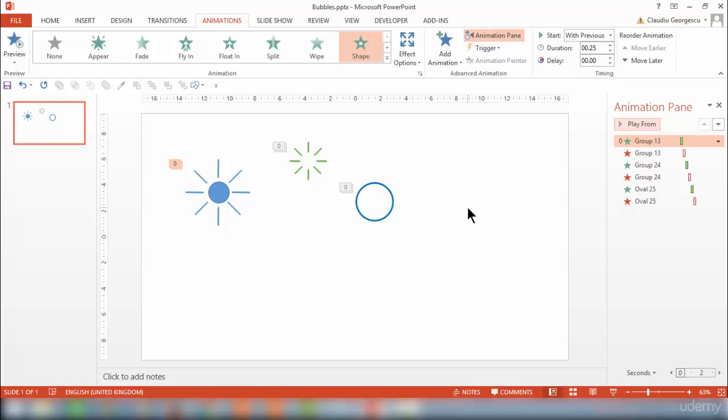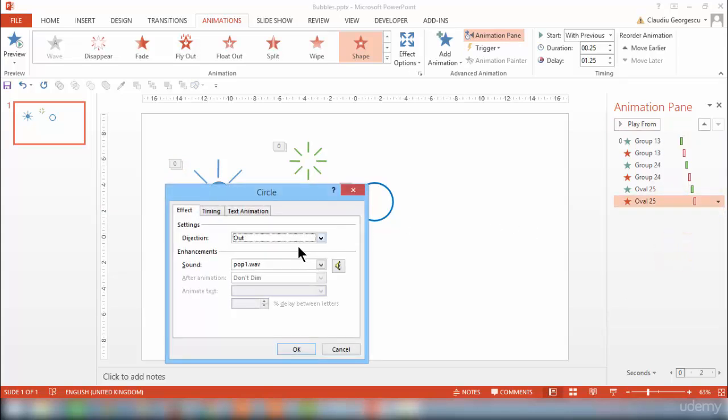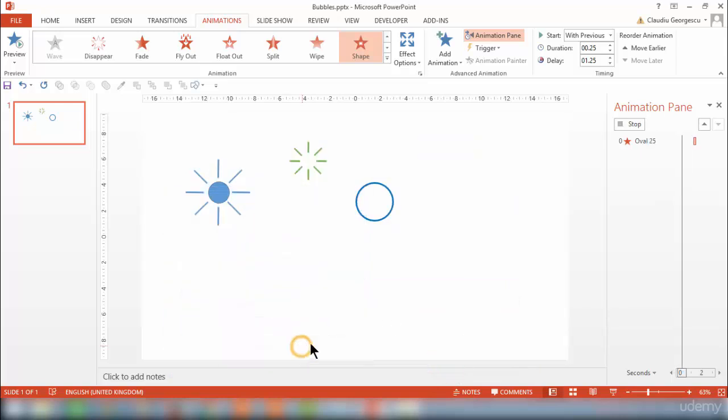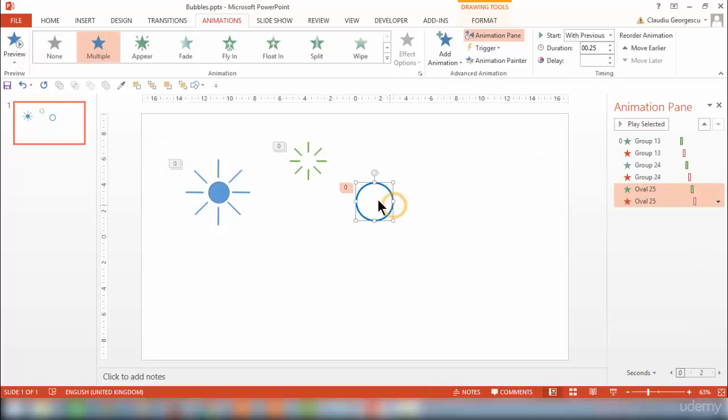Good. Now at the last animation I'll change the sound to something different so that not all the bubbles pop with the same sound. It's better to vary the sounds a little. I go to Effect Options, then Sound, and Other Sound. I then download another sound I have on my computer, and you'll find the same sound if you've downloaded the